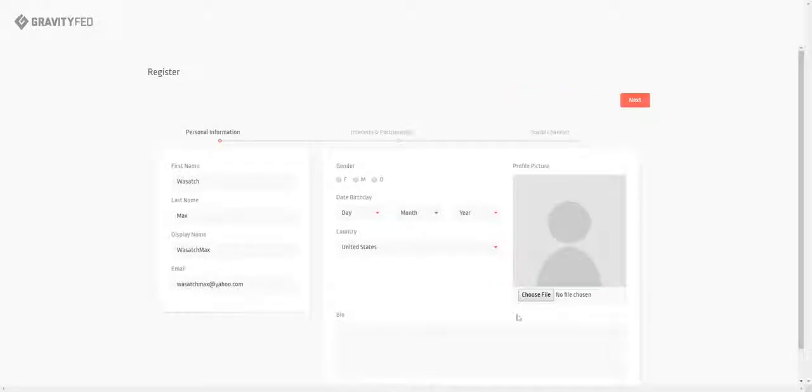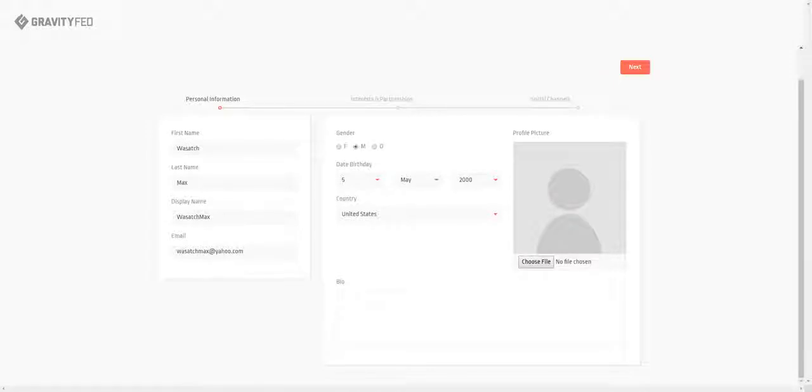Once you click the Sign Up Today, you'll be taken to the registration page. From here, you'll enter in specific information that will enable brands to more easily find you on the platform. As you'll see, some of the information has already been populated from the application that you filled out on the previous page, such as first name, last name, display name, and email. Simply go through this and fill out your gender, date of birth,